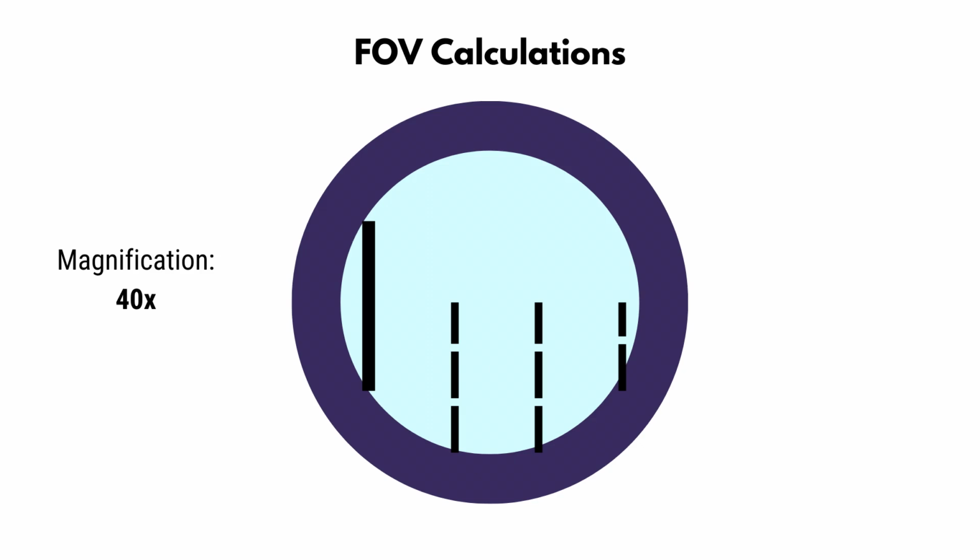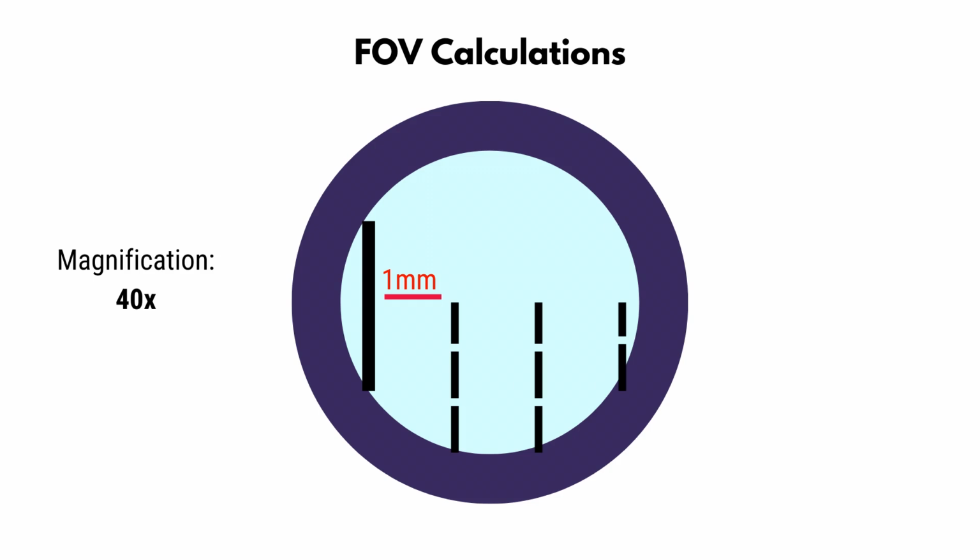Let's say we're given that the magnification here is 40 times and that each interval here is 1 millimeter. Here, because we can clearly see 3 marked intervals of that 1 millimeter, we are definitely sure that there are 3 millimeters here. But because there's a little bit of space in the left and the right, we can